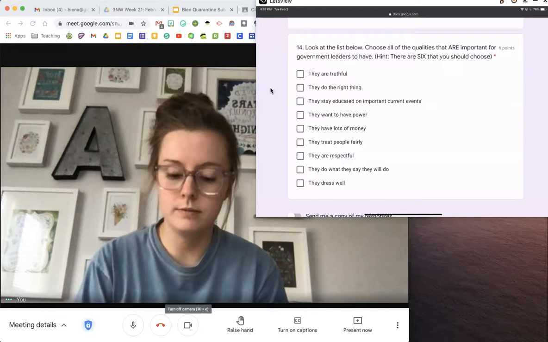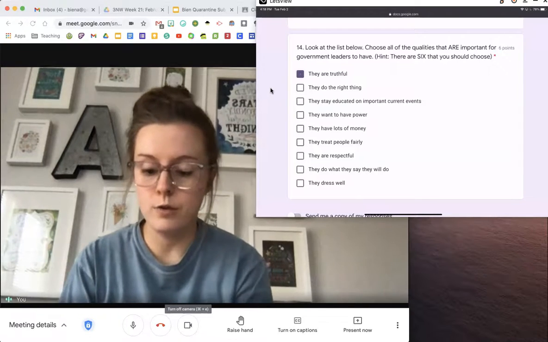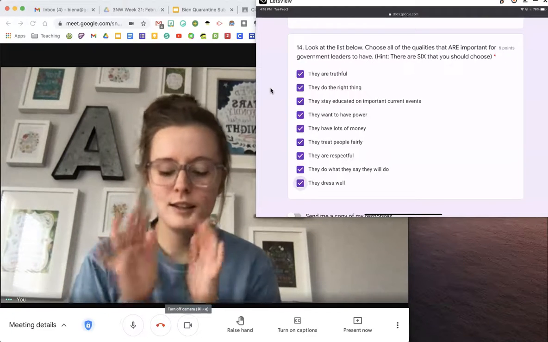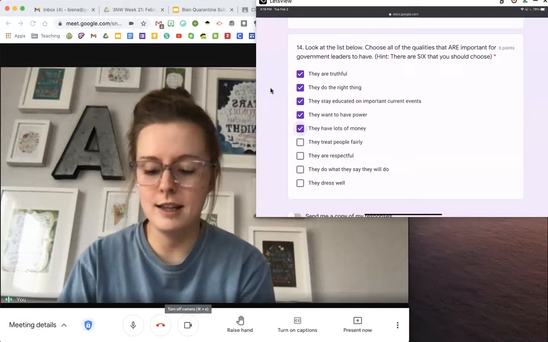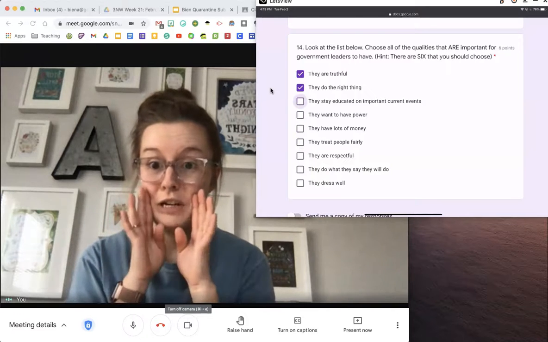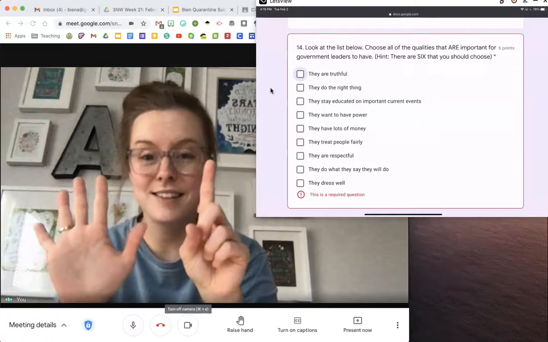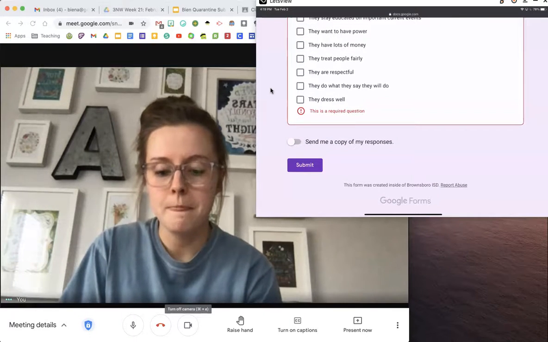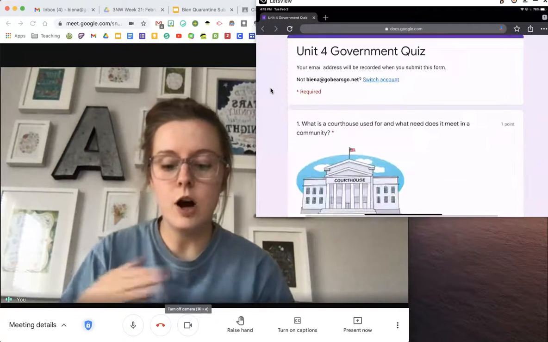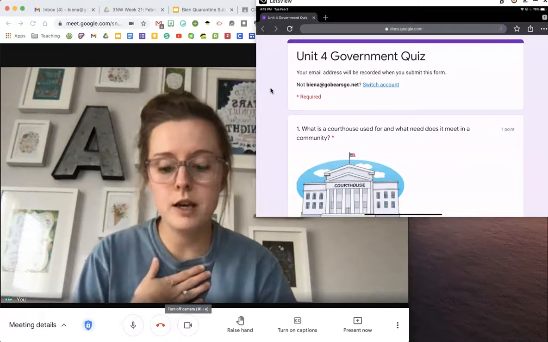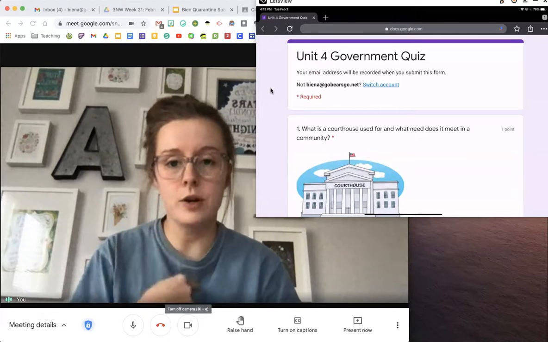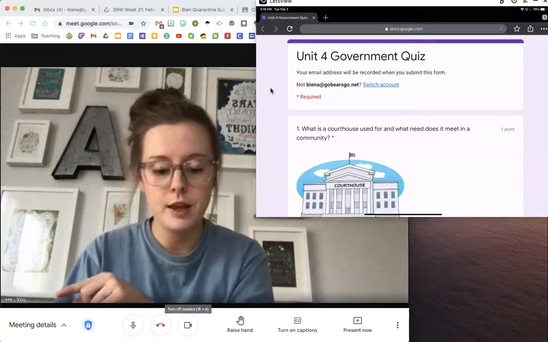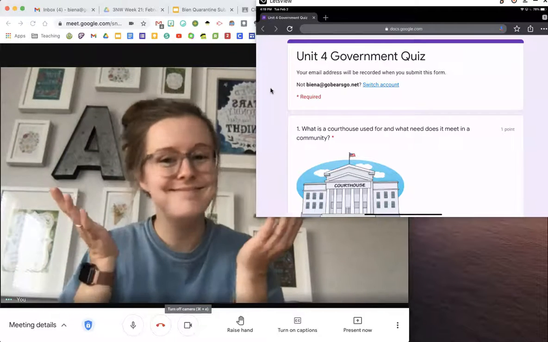They dress well. Okay, if yours looks like this, change it. If yours looks like this, change it. You gotta have 6. Okay, so once you have all of those, you're gonna hit submit at the bottom, and then you can see what your score was. And I'll be able to see your scores too from home because it says your email address, and so it'll send it to me. So if you need any repeated, rewind the video, and if not, good luck.